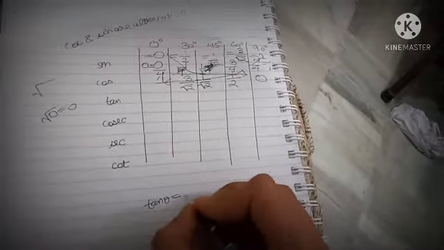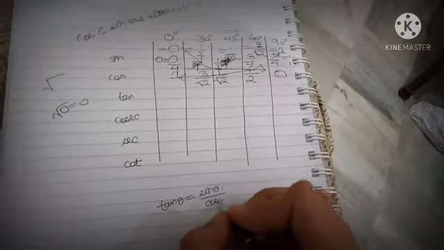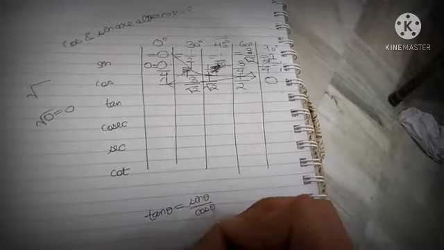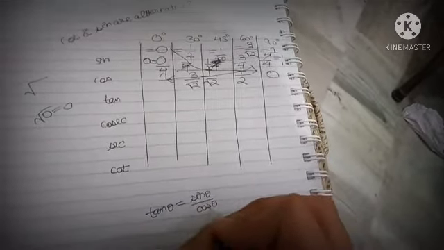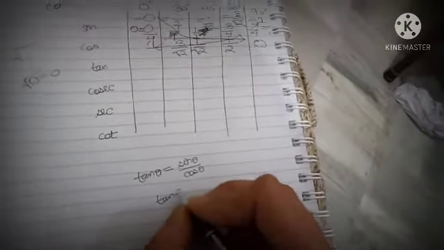Now to find the value of tangent theta, you simply remember one formula which would be applicable to all the questions of trigonometry that you solve. This tangent theta is always equal to sine theta divided by cos theta, which means dividing the value of sine and cos function for a particular same value of theta, you would get the value of tan function for that same value of theta. Taking an example, now let's say I need to find the value of tan 0 degree.